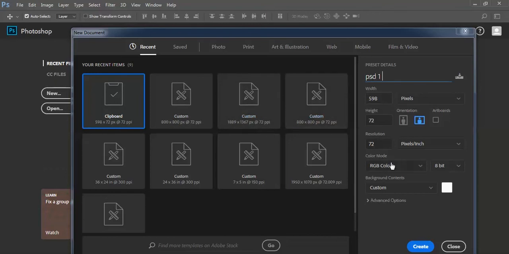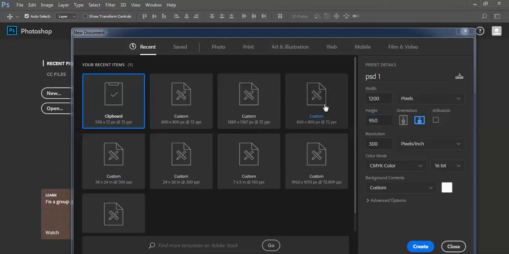For color mode, we can choose RGB for print output, and CMYK for web. We don't print it, and usually if it's for the web I would choose CMYK. Then resolution, and so you can actually type in what width and height we would prefer, and I usually use 16-bit for this, but for